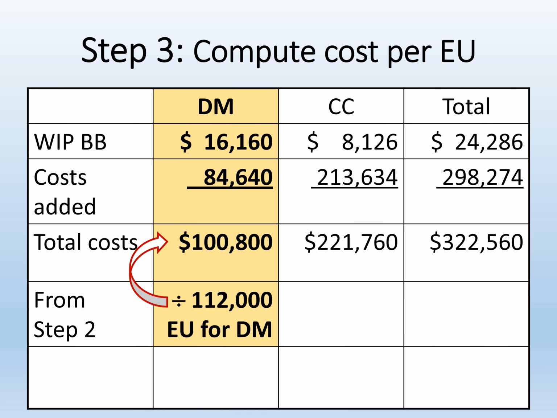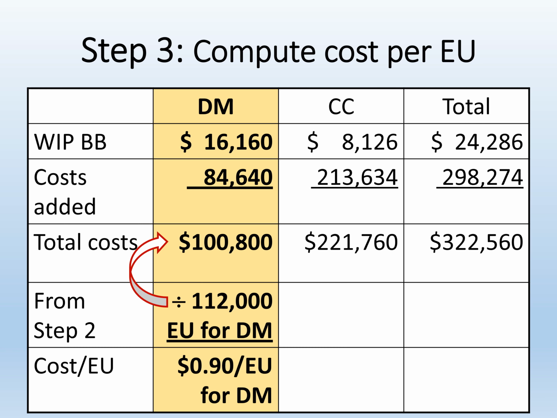If we look back at step 2, we can find the number of equivalent units that we computed for direct materials. If we divide the number of equivalent units for direct materials into the total cost for direct materials, that will give us the cost per equivalent unit for direct materials. Managers would be interested in this amount because it would allow them to check to see whether the purchasing department is controlling the cost of materials that they buy and whether the production department is controlling the use of those